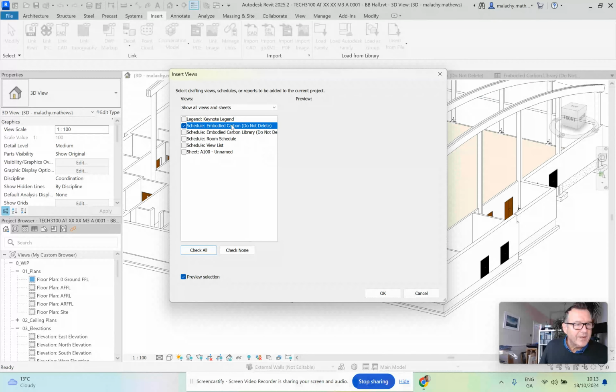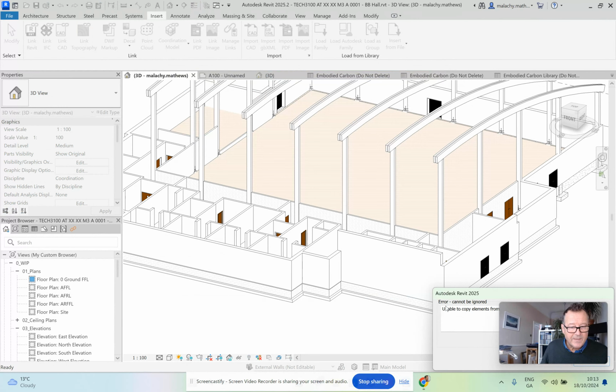And what it's doing now is that it's showing all the views and sheets that can be transferred across from one project to another. And what you're going to do is you're going to check this one, the embodied carbon. You can check both if you like, and bring those. We don't need anything else from that. All right, and they will transfer across now into the project. Now I've done this already, so